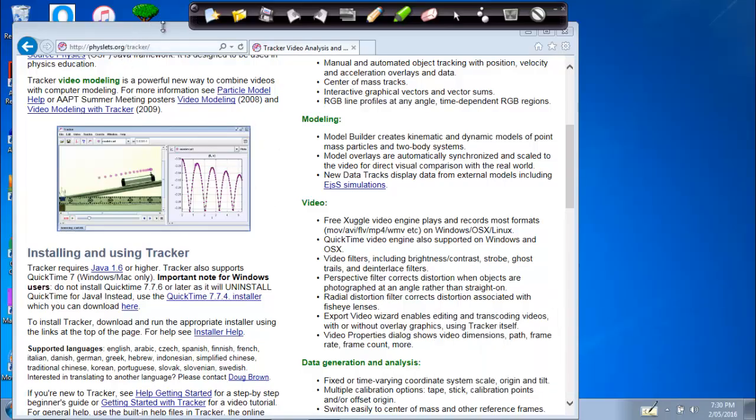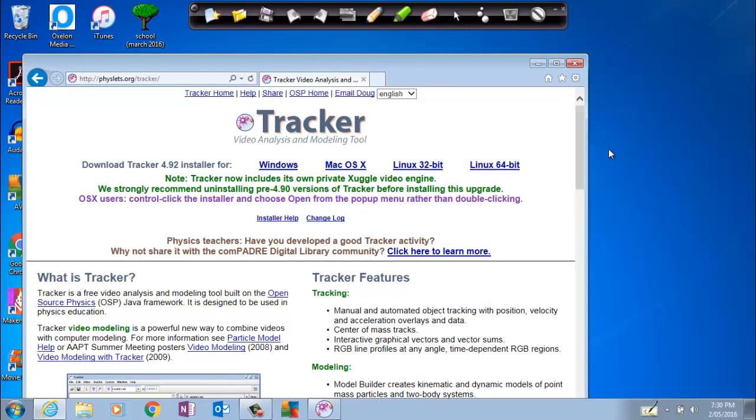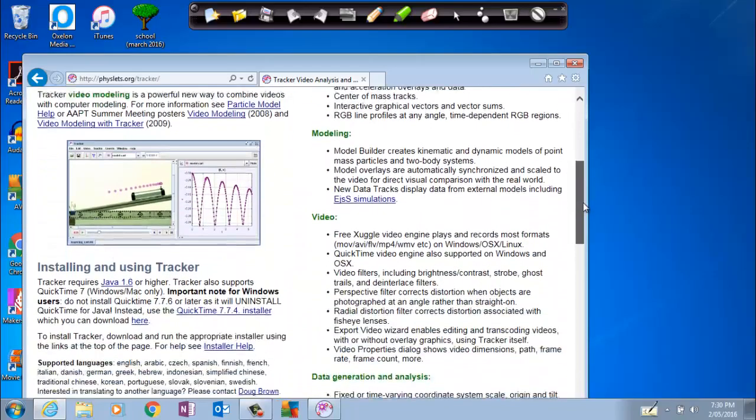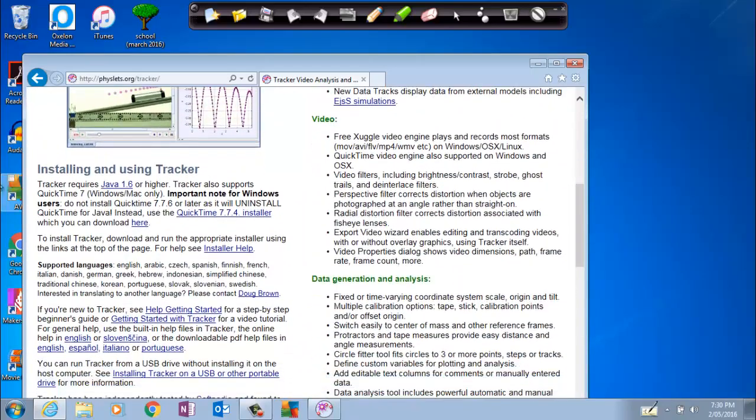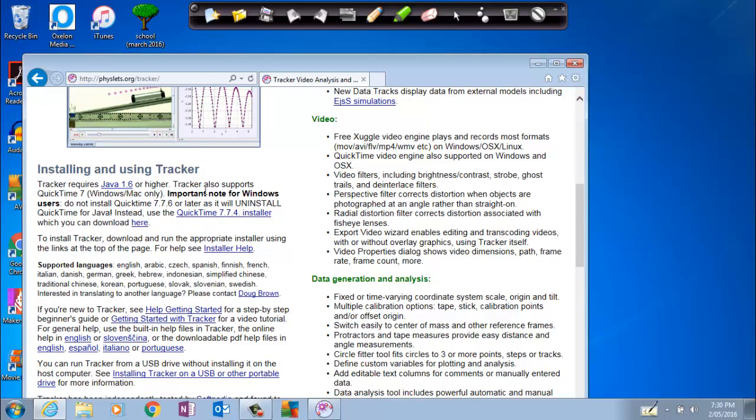Okay, now we'll see how to use Tracker. You can just Google it and download the program. This is the program on the internet, and it's 4.92 at the moment. You can download it by clicking on this. There is a warning note here, saying that you need QuickTime